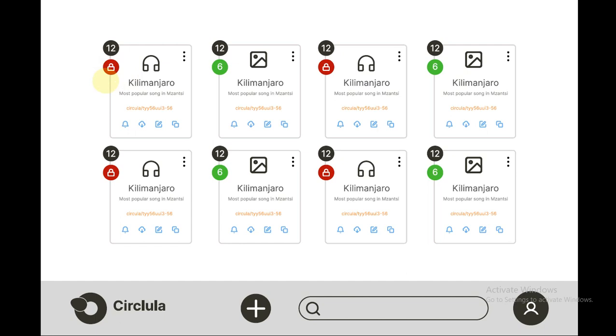download the file. So Circular only dominates that part of sharing and downloading the file, not necessarily keeping files or positioning ourselves like Dropbox, no, or WeTransfer, no. We are only providing control over the file that you share on the internet, so that you can share it when you want, give it a certain period that you can control, and also generate a new